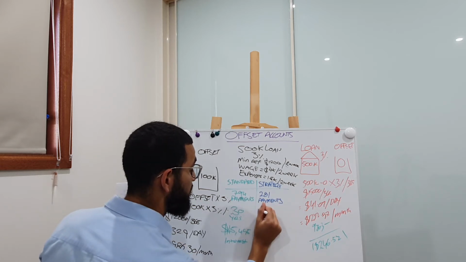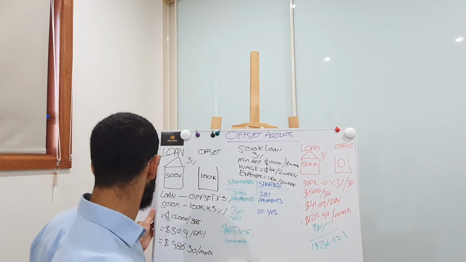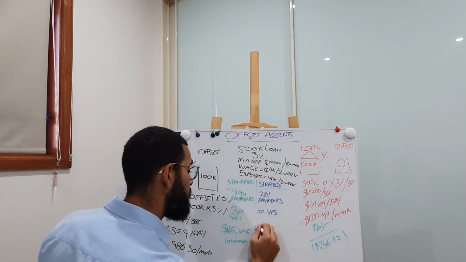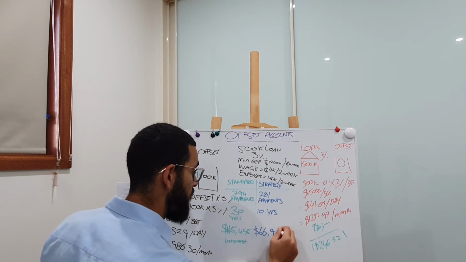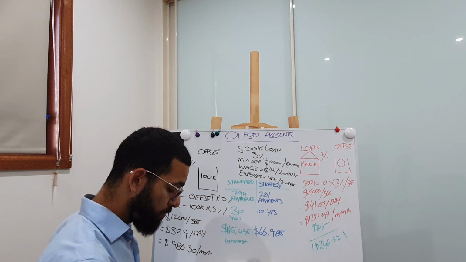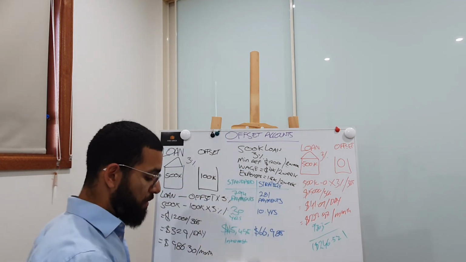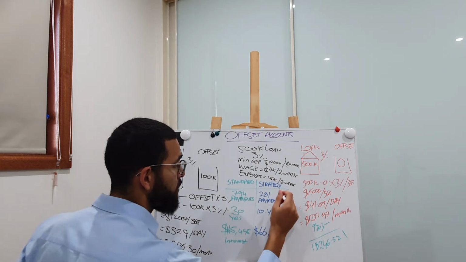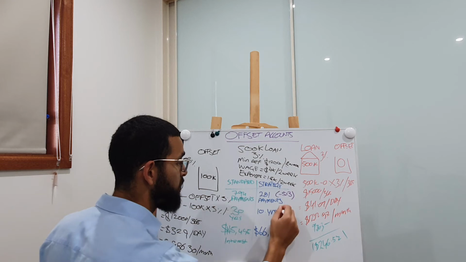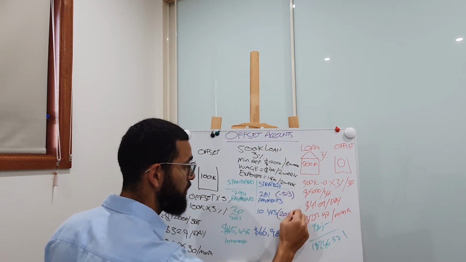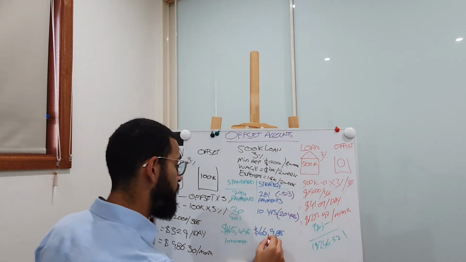It will take you 10 years, and you would only have paid $66,985 in interest repayments. So that's 513 fewer repayments. That's 20 years quicker that you pay it off, and